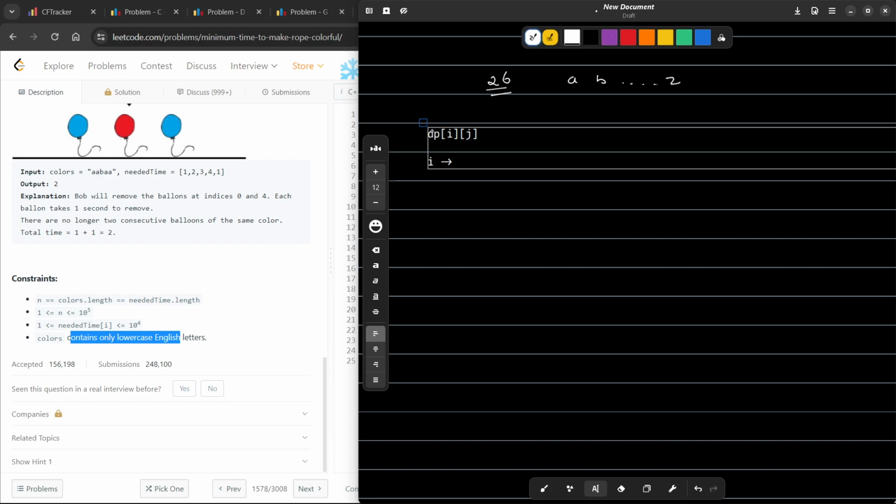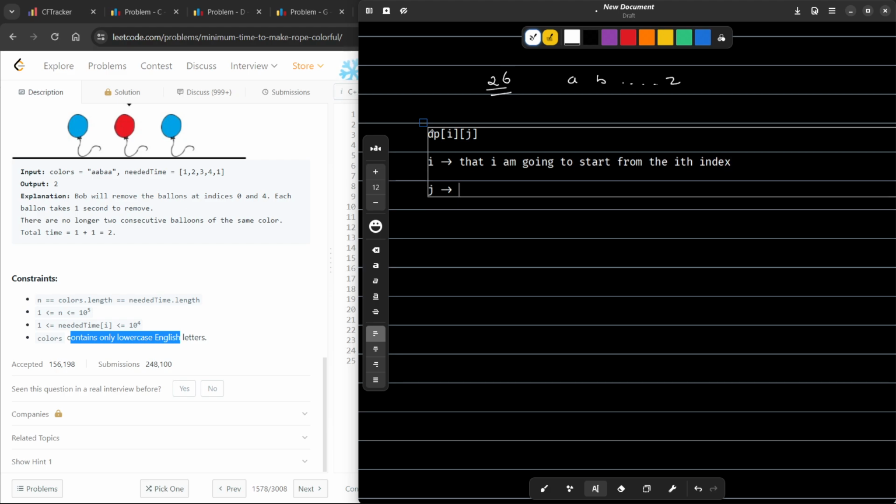So i is going to represent that I am going to start from the ith index, and j is going to represent the color of the previous taken balloon, right? Now dp of i j represents the